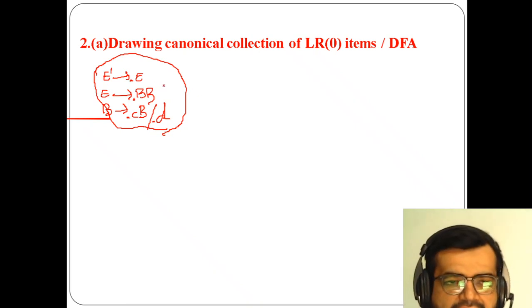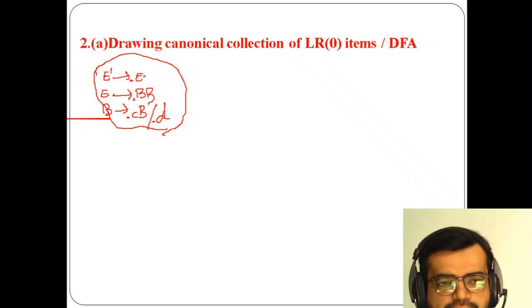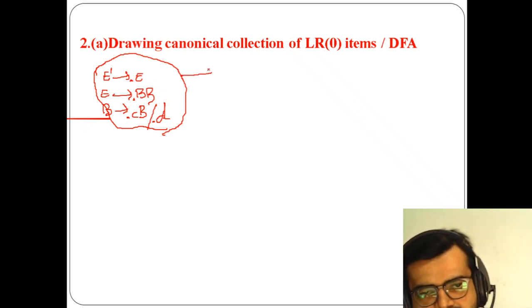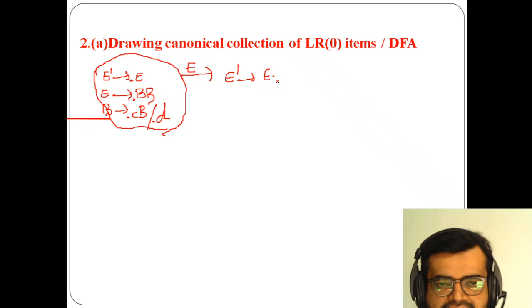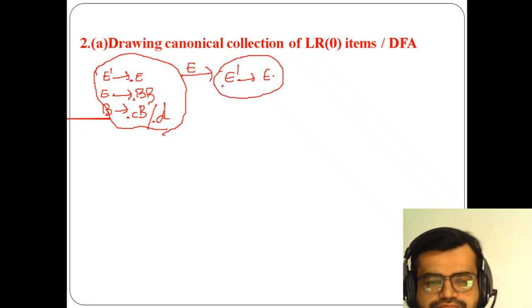Now I have to visit. In the first production, if you observe, E has not yet been visited. So I have to visit E. By moving towards E, it gets converted into E' of E dot. Now after the dot, is there any terminal or non-terminal? No. So there is no need to write another production. It is completed, so when it is completed, you need to round it up like this.